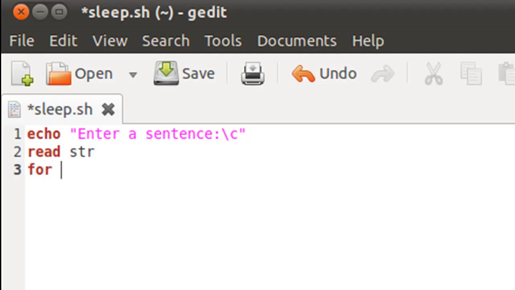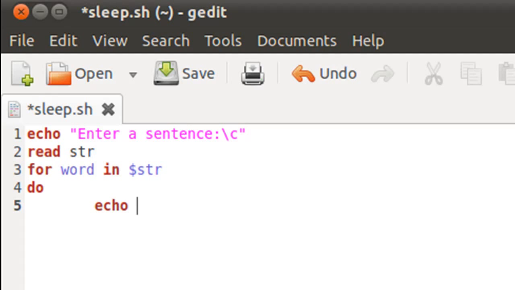Now I'll type in the keyword for, because I'm going to use for loop to iterate over the words in the sentence, and then I'll have to type in my control variable for the loop, which I'm going to call word, and then the keyword in, and then the sentence over which I want for to iterate. And since in this case we've stored the input in the variable str, I'll have to type in $str here, right? On the next line I'll type in the keyword do, and that's to get in the for block,